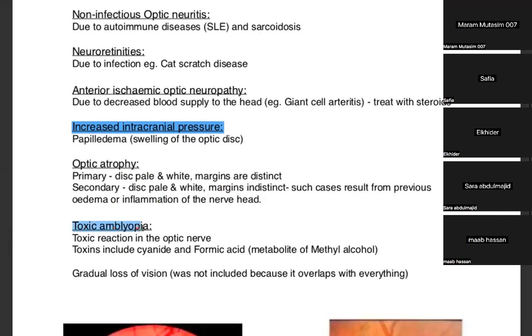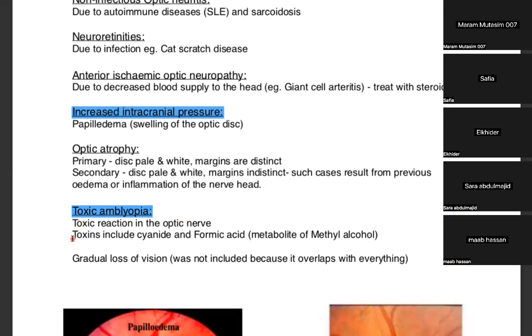There's toxic amblyopia. If Nabila is writing your exam, it's going to be in the exam, because it's very common in Sudan. It's basically toxins affecting the optic nerve, and that's mainly due to cyanide or formic acid. Formic acid is very common with